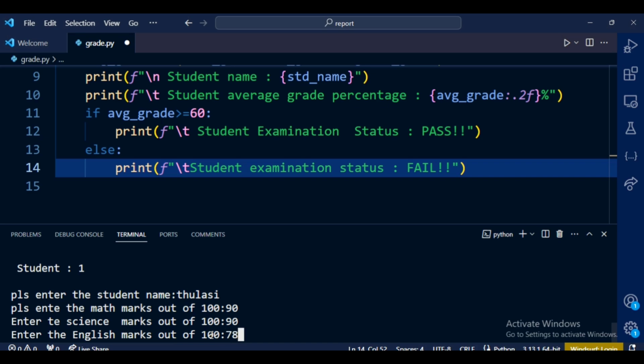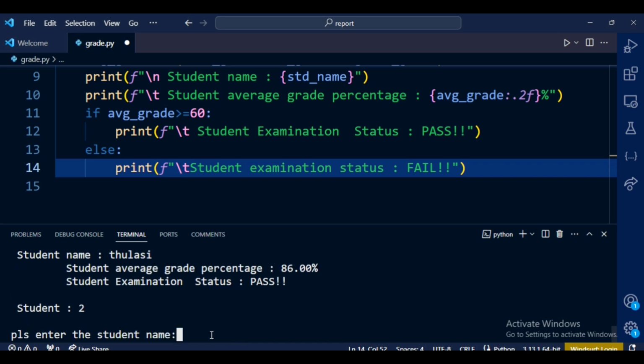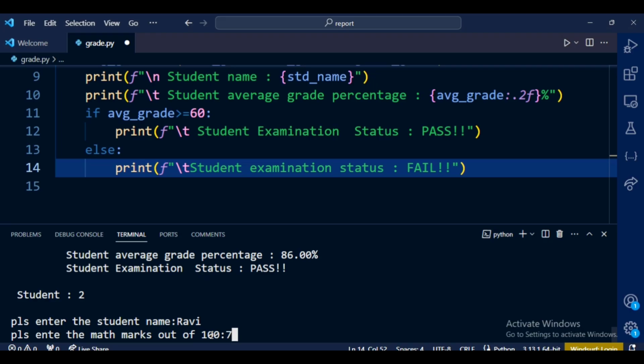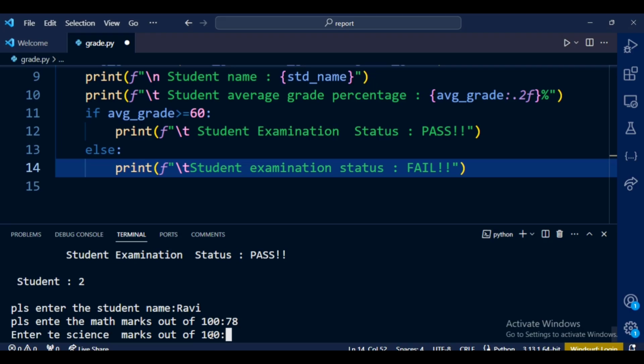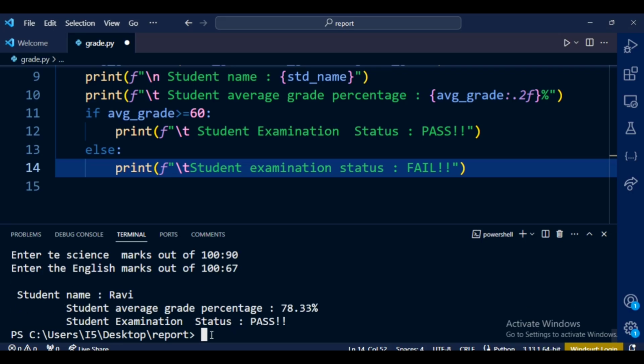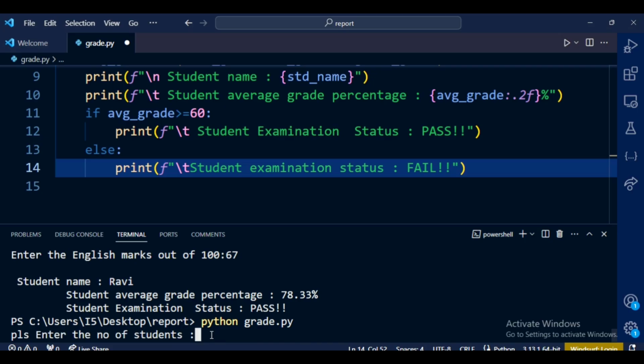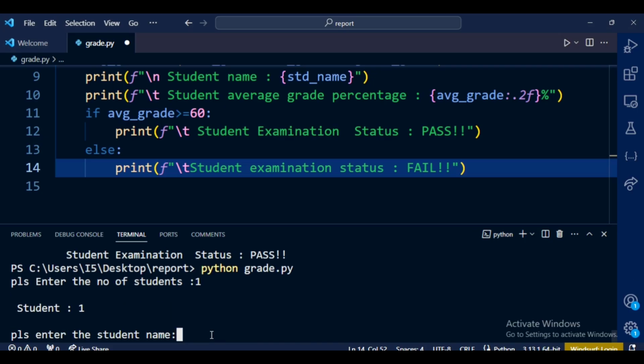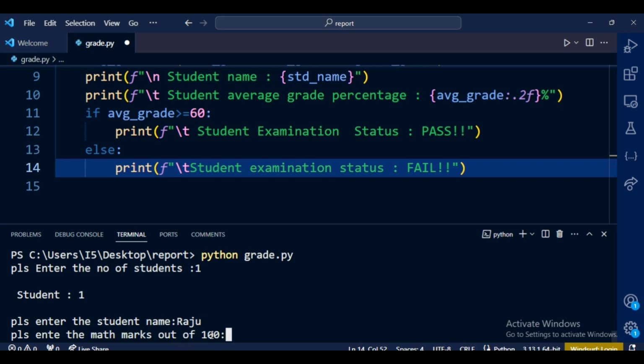And then Ravi, out of 100, science 90, and English 68. It is a pass. Both are pass only, right? So I need to check another condition also. Please enter the number of students 1, and then I give Ravi, or else Raju, and math 100, 12, 12, 12, 12. You still get pass only, but actually we changed the value to fail, but it is not reflected here